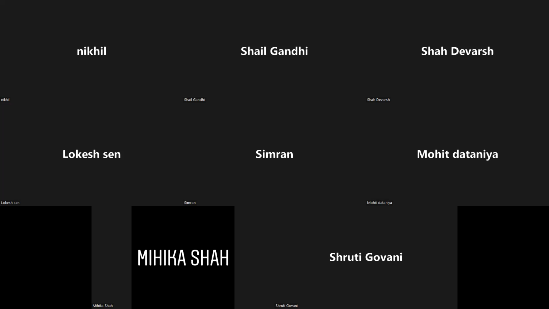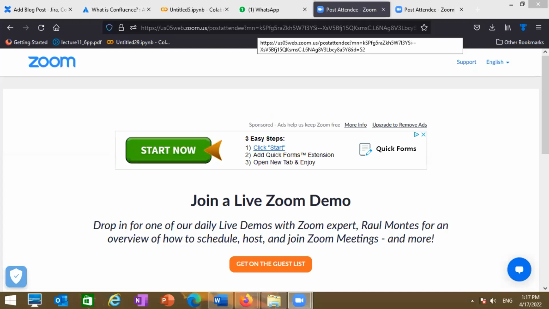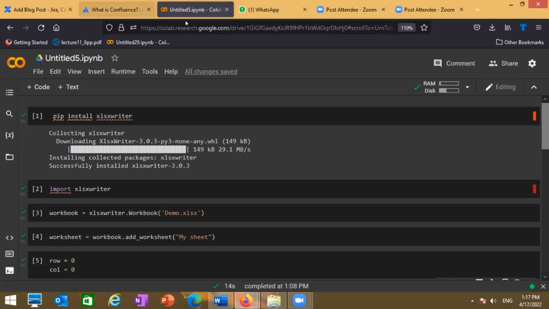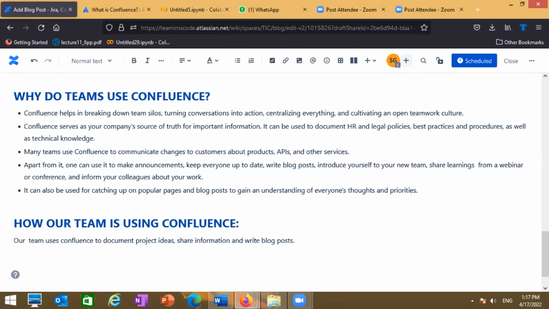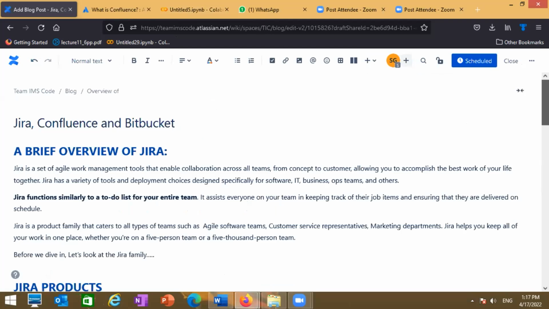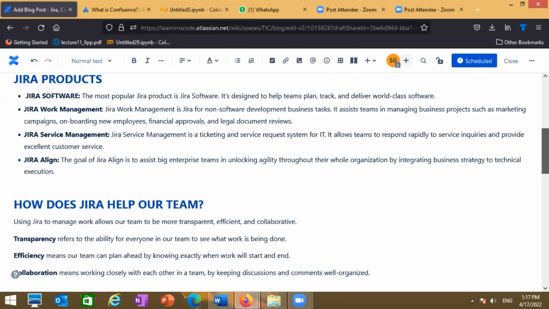Yeah, for sure. Just 1 second. I'll mark this task as done for Devarsh and Nikhil. So actually, I have written down some details of Jira and Confluence.